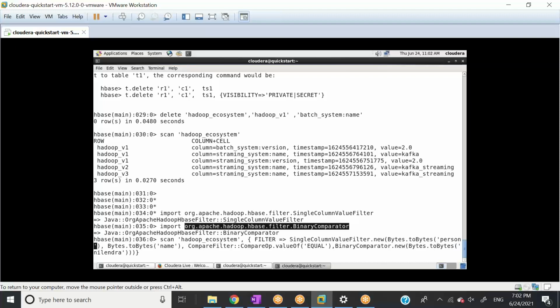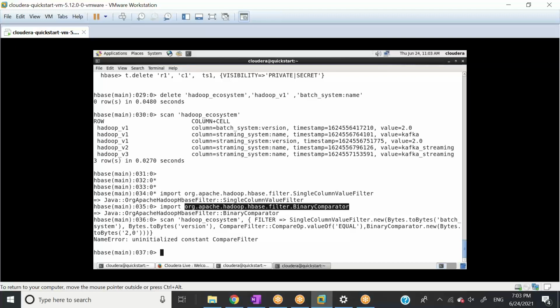Let's say I want to filter on the batch_system column family, and let's say on version. And which operator do I need to use? Let's say my version should be exactly equal to 2.0.